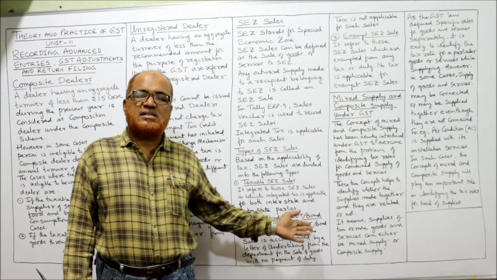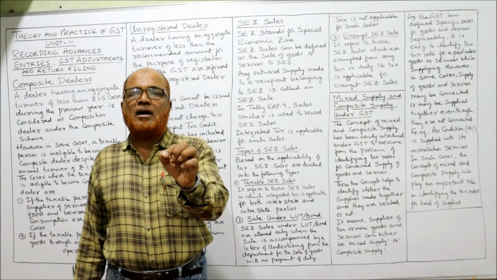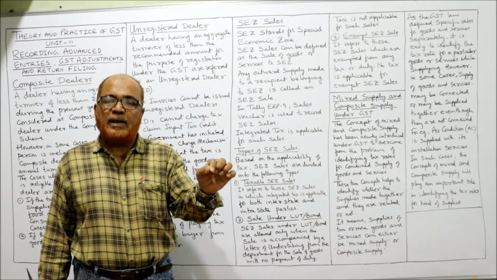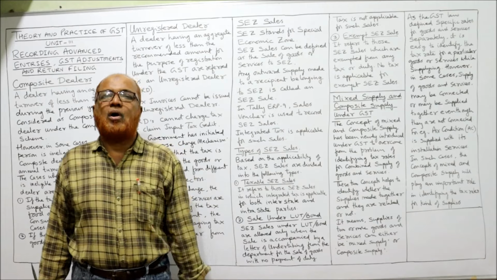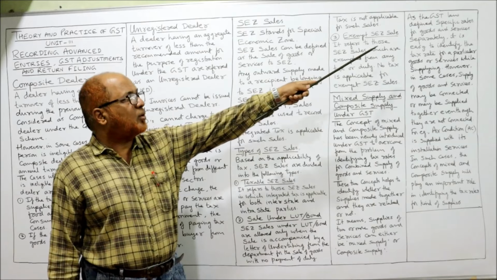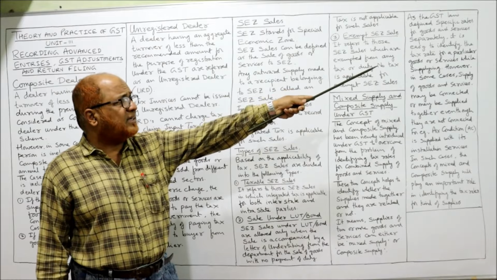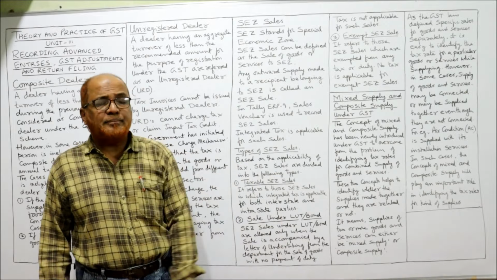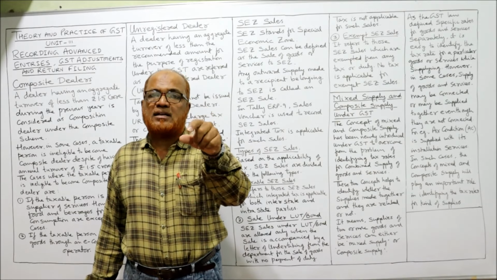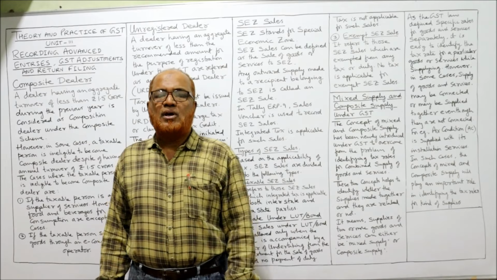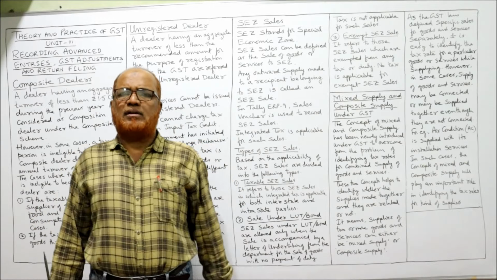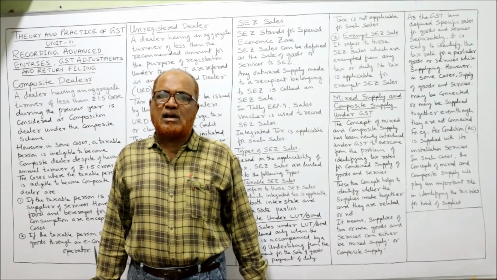So why do we need mixed supply and composite supply? To find out the tax rate to be applied, the tax rate applicable on mixed supply or composite supply. As the GST law defines specific rates for goods and services separately, it is easy to identify the tax rate for particular goods or services while supplying. So the GST law has given separate tax rates for goods and services. When a person supplies goods, specific rates are given for every good and every service. However,